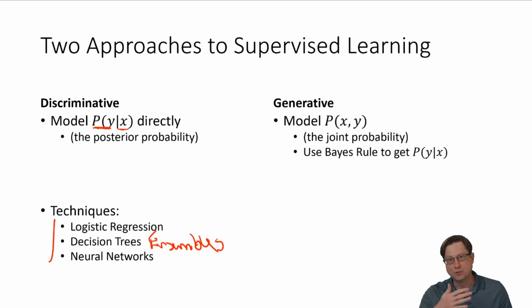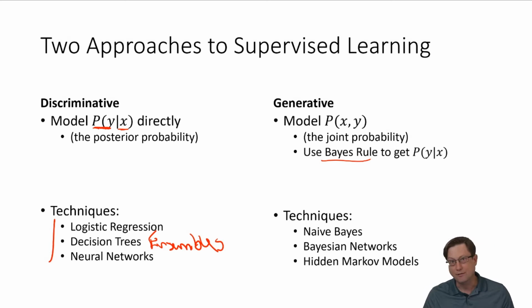And then there's this tool called Bayes' rule, Bayes' theorem, which we're going to spend some time on in this lecture. And you can use Bayes' rule to extract the discriminative property that you want from the joint model. You could also extract many, many other things once you have this underlying generative probabilistic model. So that's the kind of philosophical split between discriminative and generative. And you will hear of important, often talked about generative techniques like naive Bayes, Bayesian networks, hidden Markov models. And I would say that these are certainly not unused in practice, but probably less used in practice than the